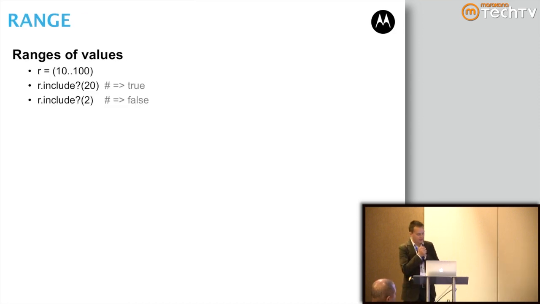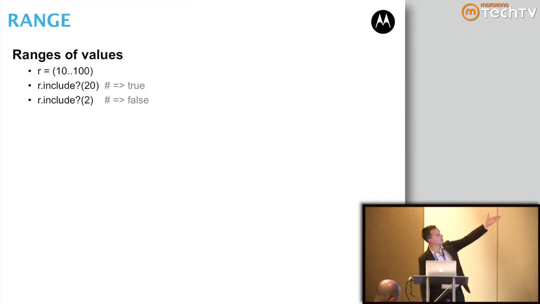The last type I want to talk about is the range type. I think this is the coolest thing in Ruby because it just is a really easy way to represent some range of values. So here my range is the numbers between 10 and 100. And you define a range with two dots. So 10..100 is all the values between 10 and 100. It doesn't build that out into an array. You can say to_a and get that array, but it's really just a way of identifying